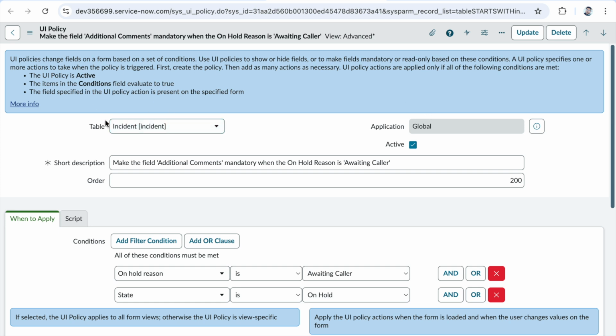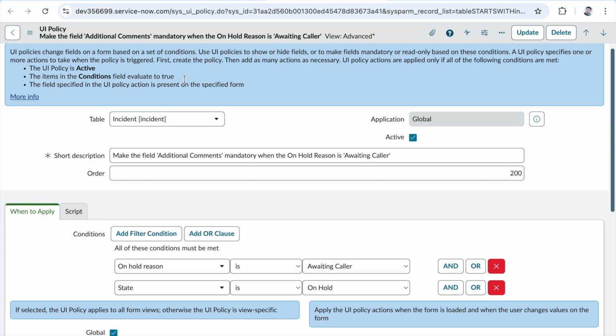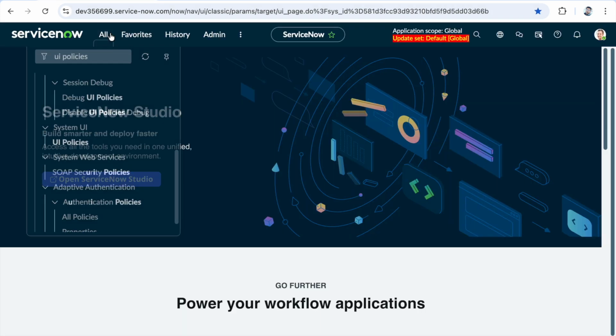So here, if we take this UI policy as an example, this runs on the incident table. You can specify the short description and set the condition based upon your business requirement. Like here, for example, this UI policy runs and makes the additional comments mandatory when the on hold reason is awaiting caller. So if we go to the incident table